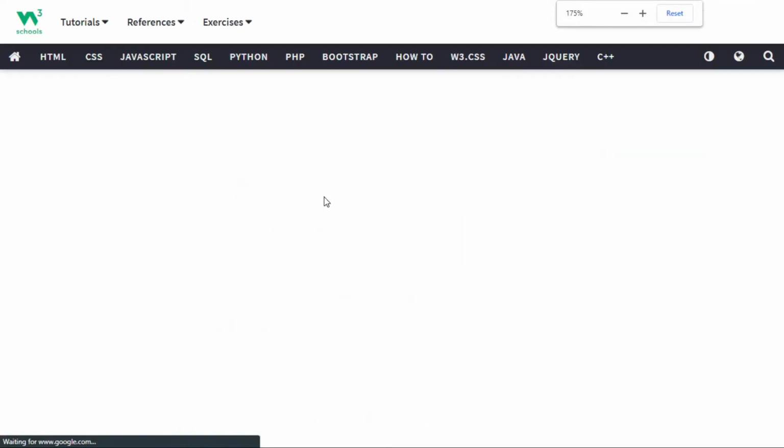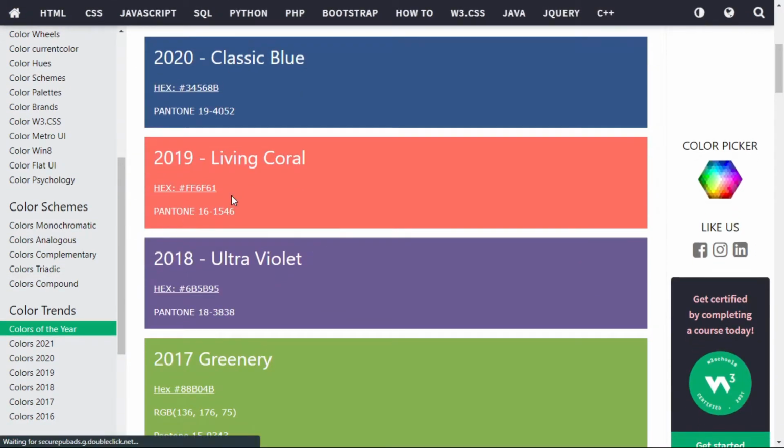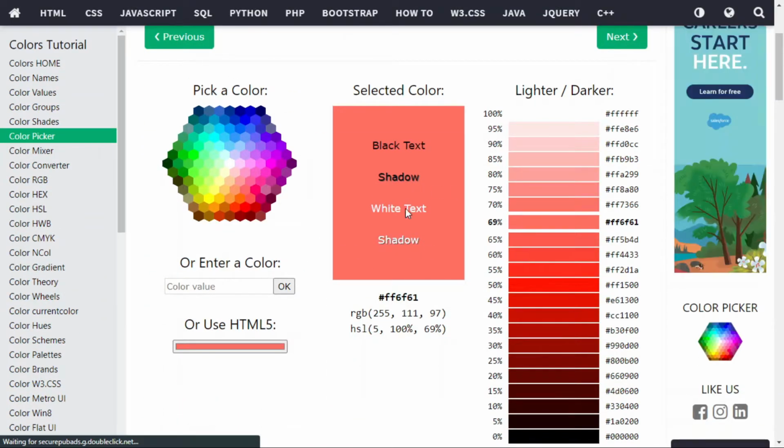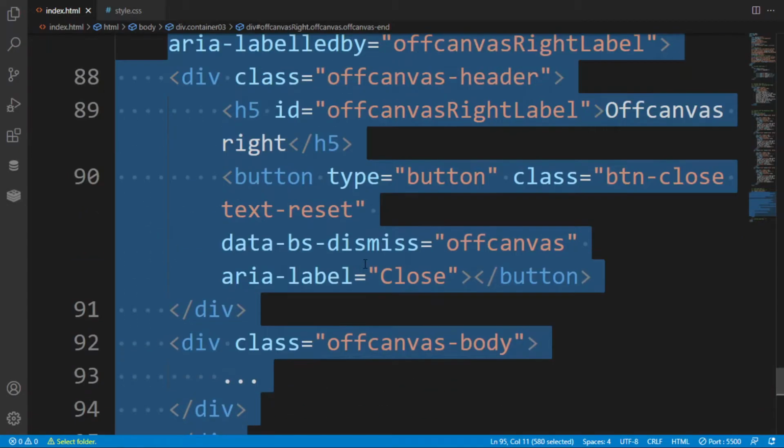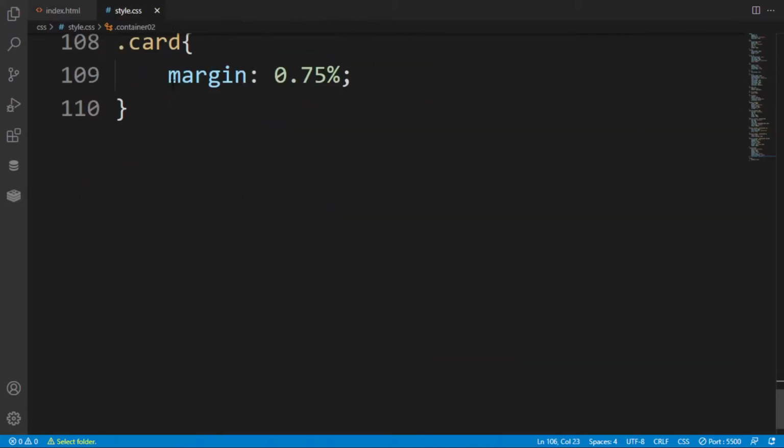So from here, as you can see, I want this color in my web page. Here these are the shades of that color that I have selected till now. Just copy this, and we are going to style our container.